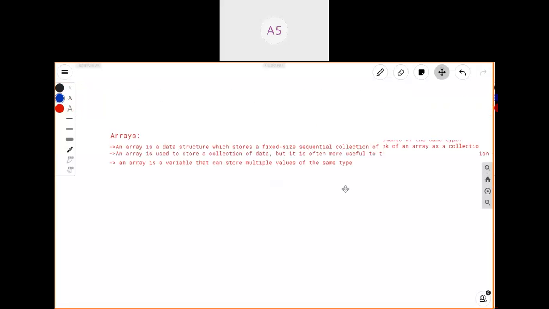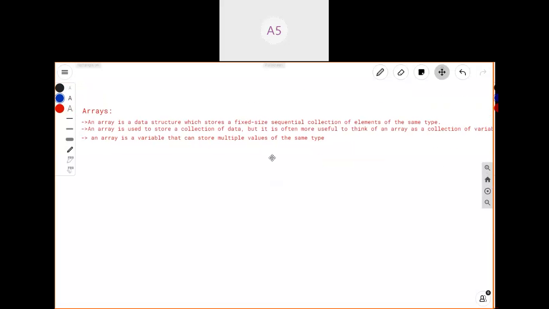Okay, an array is a data structure which stores a fixed size sequential collection of elements of the same type. For example, if you want to store 10 numbers in a single variable, that is possible with the arrays concept because all 10 numbers are the same type, integer.